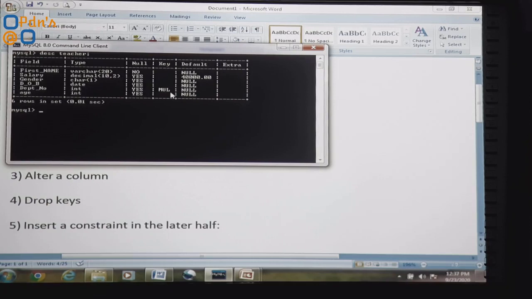So here we will first change the salary attribute using the alter table command. Here the default value has been set to 40,000. First of all, we will remove this default constant from the salary attribute, and then follow it with insertion of a new default value for the salary attribute. So how can we achieve it? Let us see. The command is: alter table teacher,